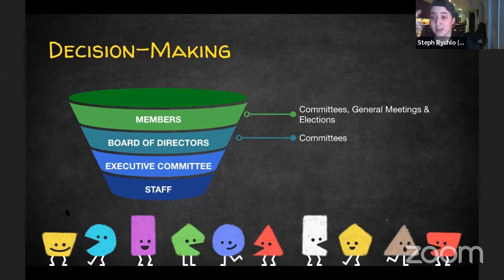meetings. We have 2 a year, a semi-annual and an annual general meeting. Our annual general meeting is coming up very soon. And then also they can participate in voting in our elections, deciding who our board members and our executive committee are. Moving down on the upside down triangle structure, after members, we have our board of directors. So our board of directors attend our monthly board of director meetings, but they also sit on various committees that we have within